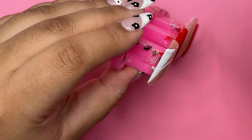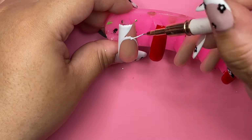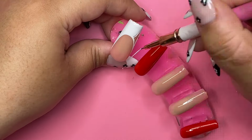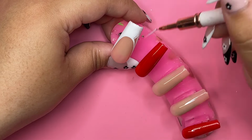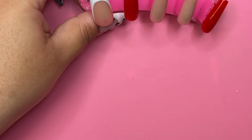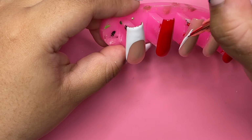So I decided to do a French because I know that she probably likes French, so I'm going to go ahead and add a French with my favorite white gel polish at the moment. This one's from Melody Susie called Snow White. I get it on Amazon. And then I'm using my brush, so I'm going ahead and just